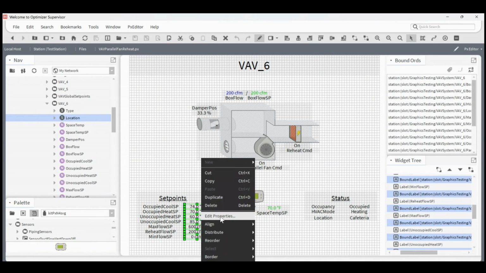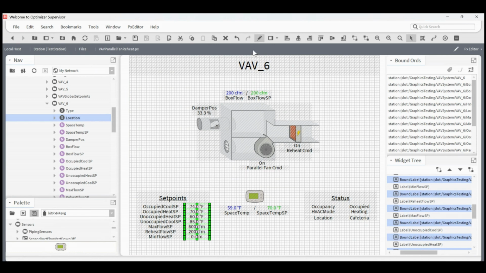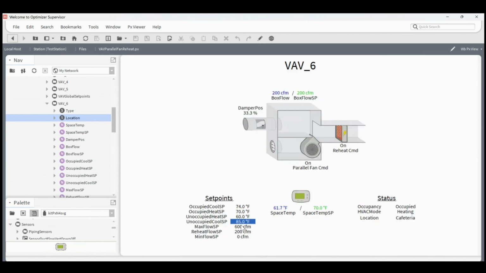You can right click, hit edit properties, and then you'll see mouse over. I'll set this to highlight. And there we go. Now when you hover over, you'll get a nice little display showing you that you're over top of that. One more thing I'd like to add, if you see this damper position here, it's 0%, but